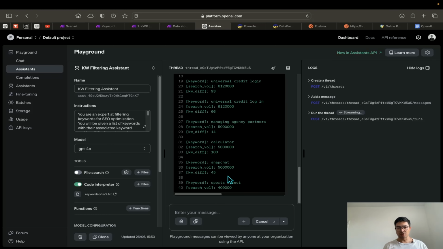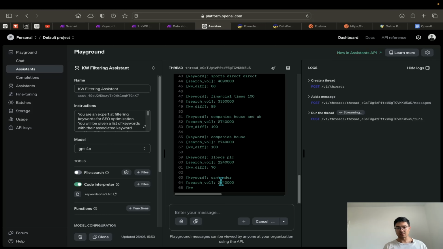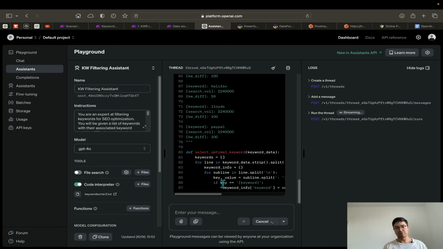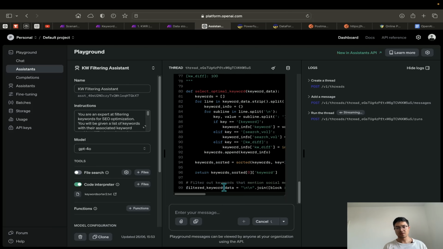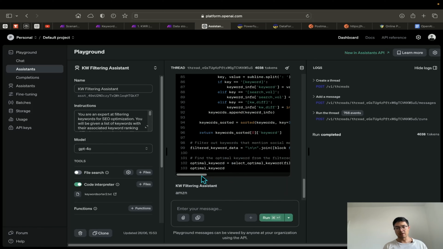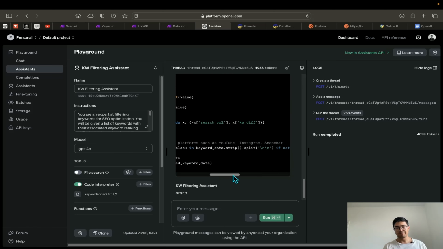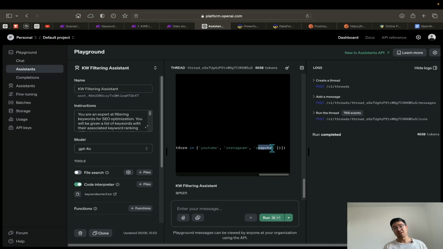And we should be able to see that it's smart enough to filter out any other social media platforms, okay? So you see here,